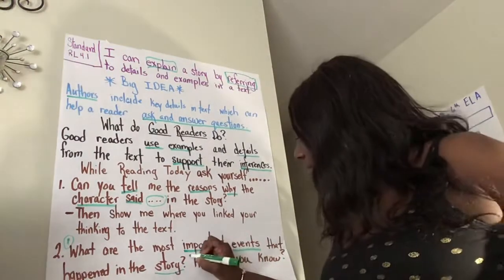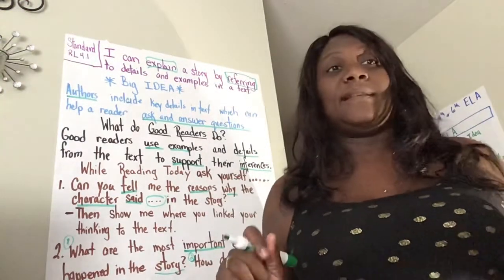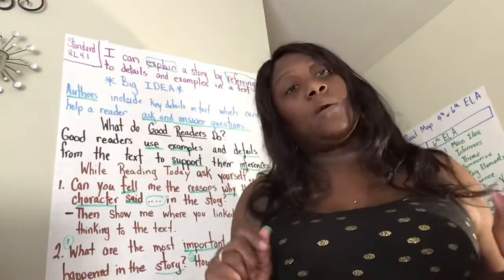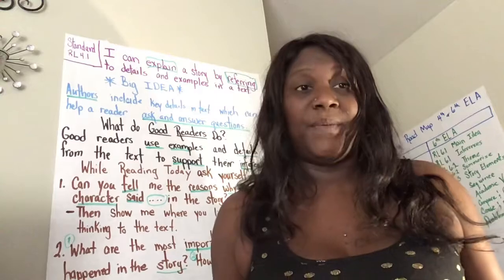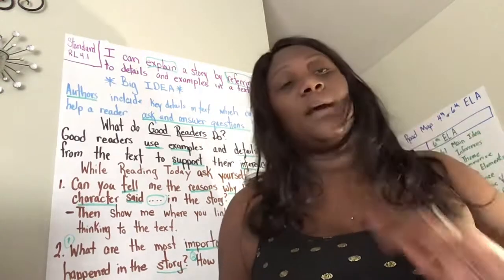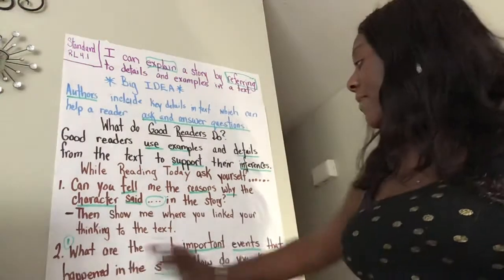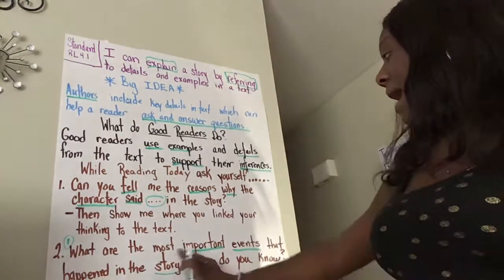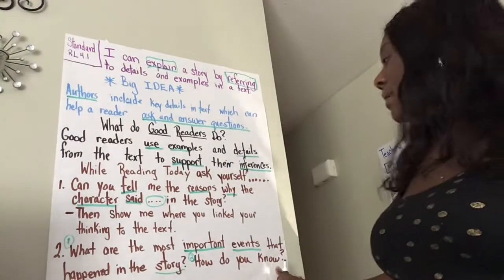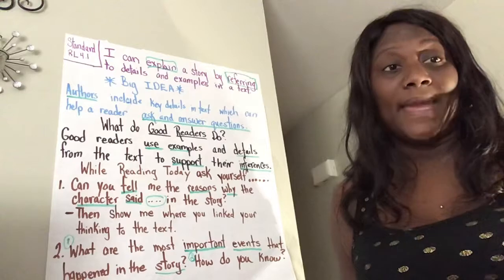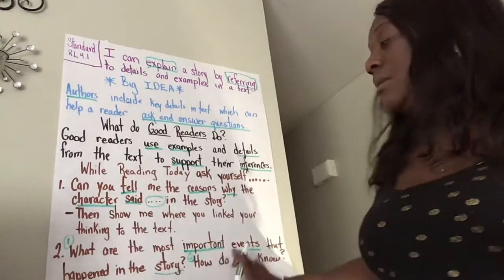Then the other part of the question is, now pausing for 1 second. Friends, remember that sometimes there are two-part questions and you have to answer both parts. And sometimes we get carried away and we just think, okay, I answered the question, and then you move on to the next one. Make sure that you do not do that. Separate it. Okay? Our next part to this same question is, how do you know? Can you tell me 2 ways to know what the most important things